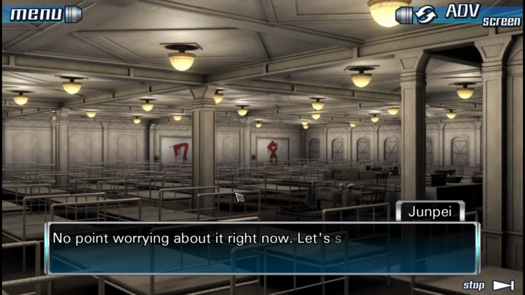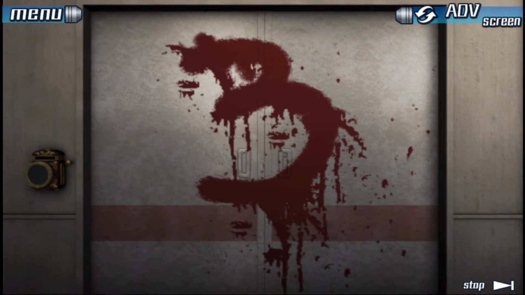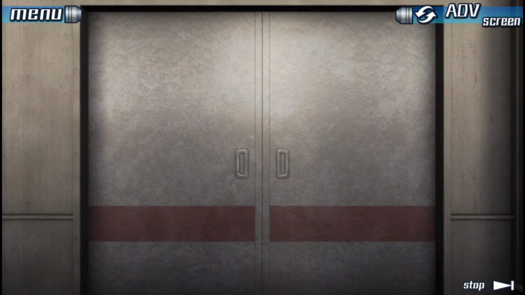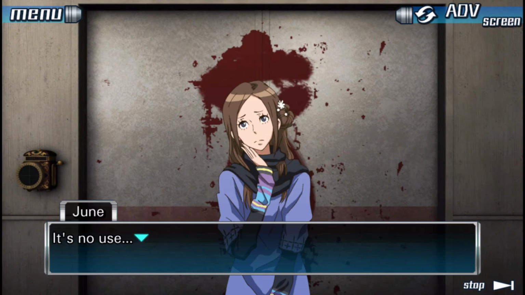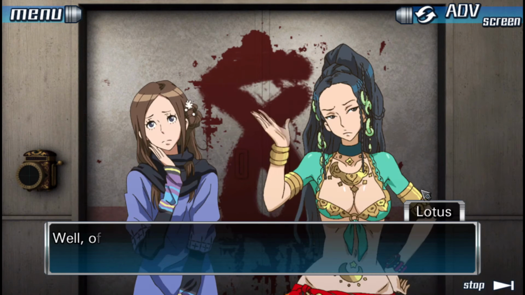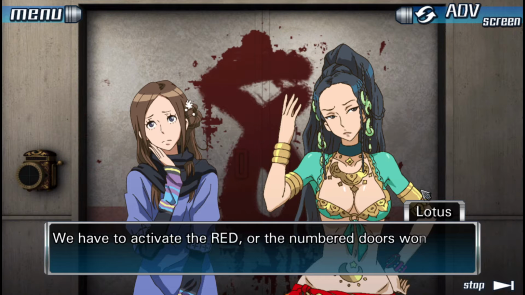No point worrying about it right now. Let's see if these will open first. Yes, that sounds like a good plan. Oh, it's no use. You really didn't need to do that. You know what to do with the numbered doors. Of course. If it was that easy to open these doors, what would be the point of the game? We have to activate the red, or the numbered doors won't...